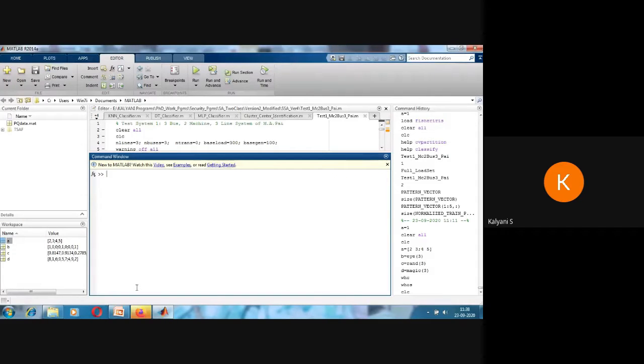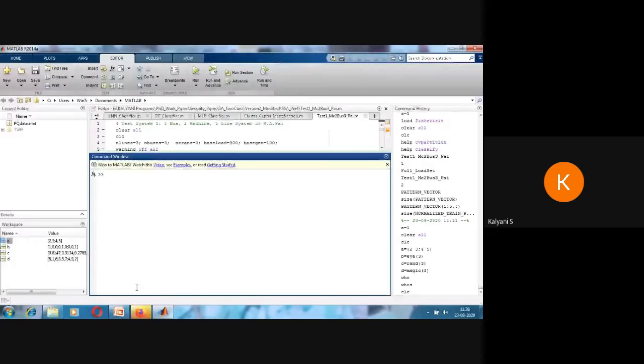What are the various machine learning tools we have? First, you should know how to load and save the data. For that, you have the commands load and save. First, let me save. For example, here you can see in the workspace, I have created 4 variables ABCD. I want to save them in a file called sample.mat. Another thing you have to remember in MATLAB is that there are 3 types of files. One is called M files, which are the script files, MATLAB files. The second is the data files.